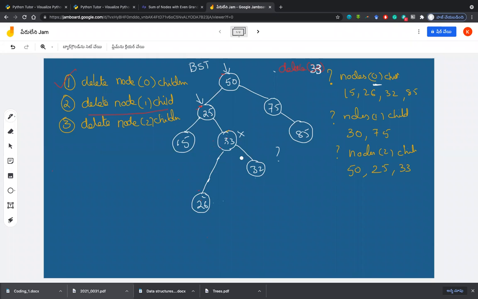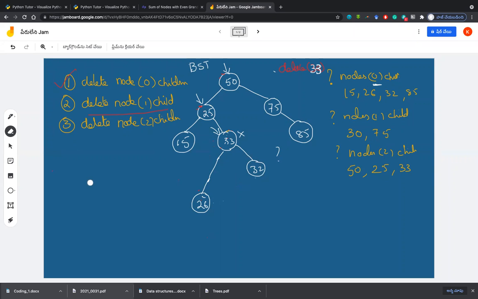So what we have to do, keep it as a target. You are still at 25. Keep it as a target. That 33 is a target of ours. Now what I can do is move my recursion to 33. Carefully observe. I want to find out the minimum of the value.